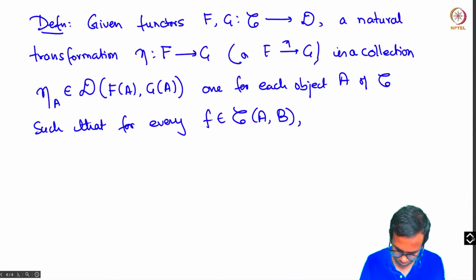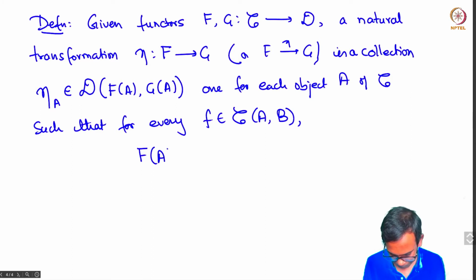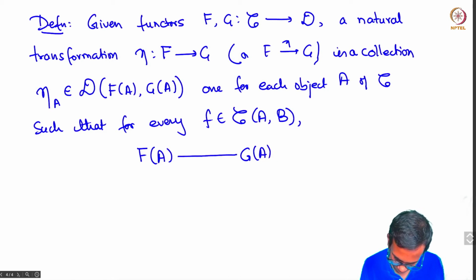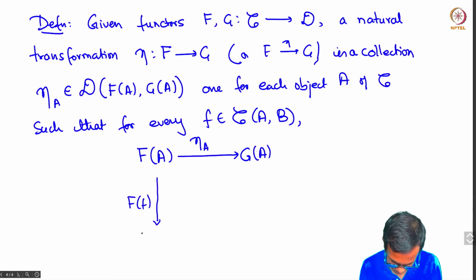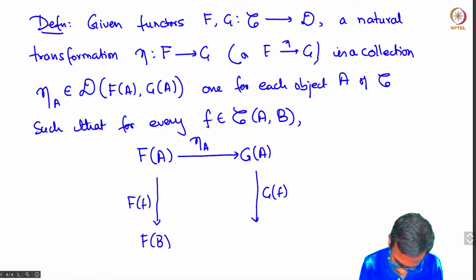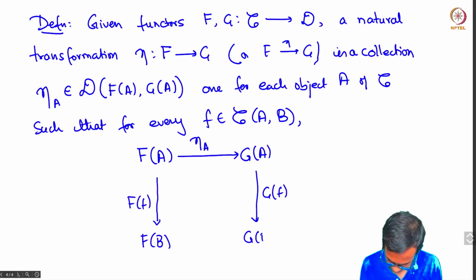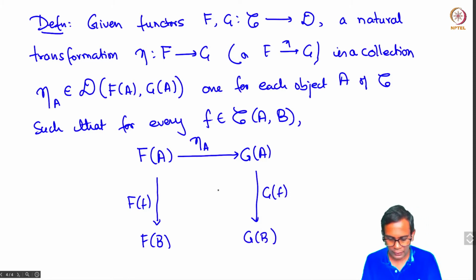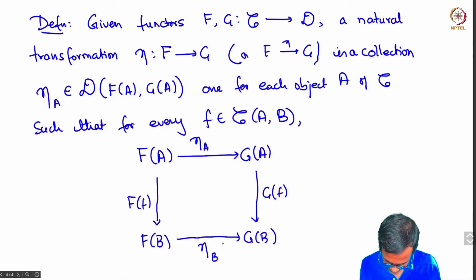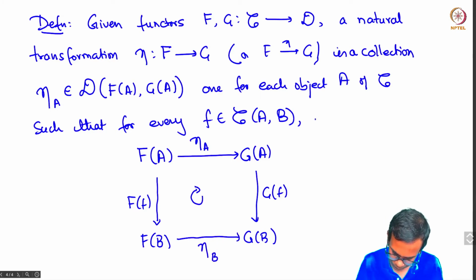So we have, firstly, F of A, and then we have G of A, and here we have the arrow eta A. This is an arrow in the category D. But then we also have, because of f, an arrow F f to F of B, and we have an arrow G f to G of B. These are again arrows in the category D, and then we have eta B. This diagram commutes,